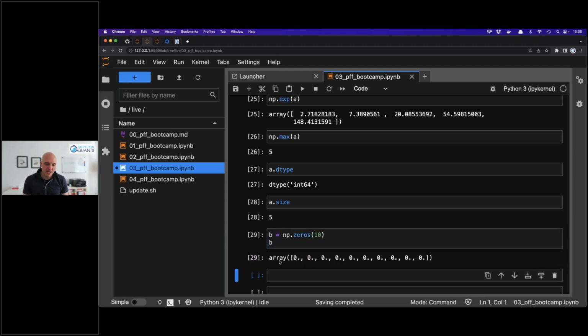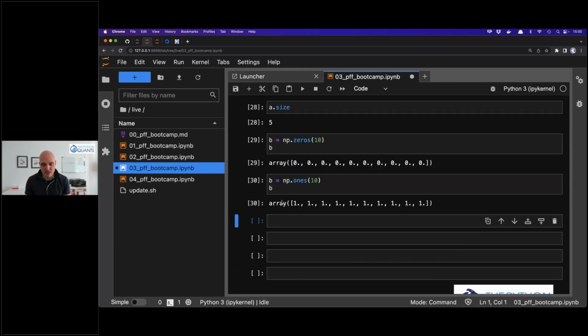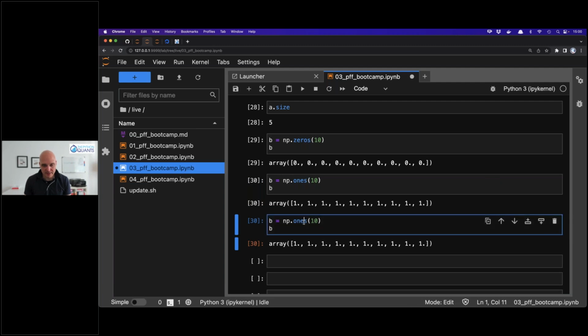This now gives me an ND array object with 10 elements where every element is 0. There is another one like this, with 1. So I can create an ND array object here with ones only. There's yet another one